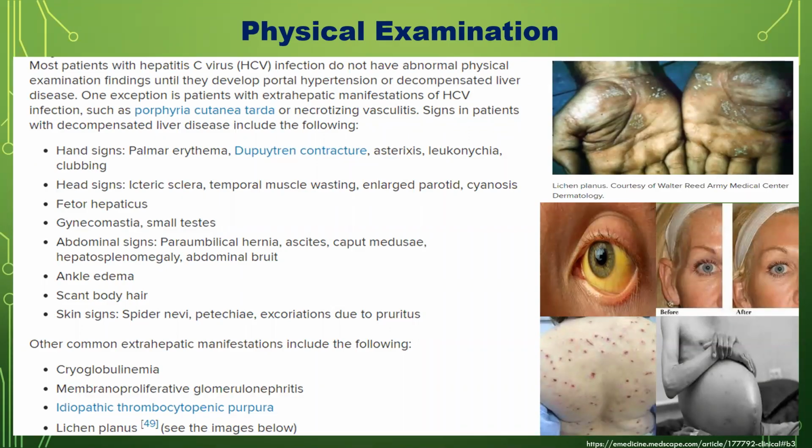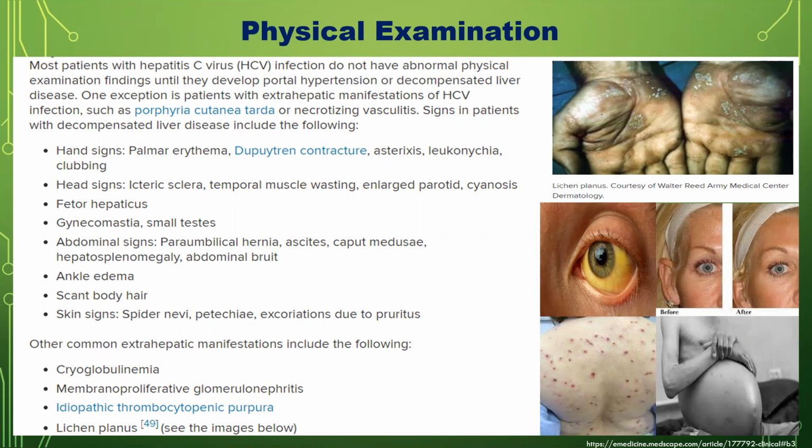Most patients with hepatitis C infection do not have abnormal physical examination findings until they develop portal hypertension or decompensated liver disease. One exception is patients with an extrahepatic manifestation of hepatitis C infection, such as porphyria cutanea tarda or necrotizing vasculitis. Signs of infection,